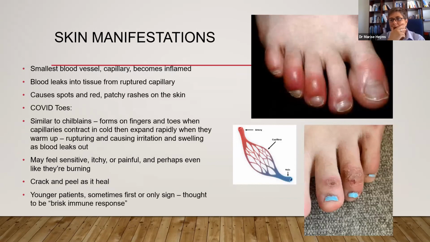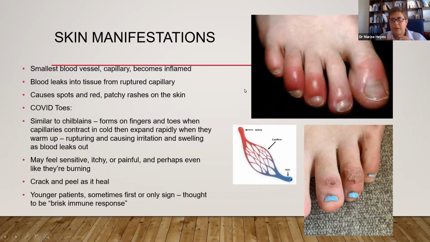This is an interesting one. Skin manifestations. A lot of people have patchy rashes on the skin, and that's to do with the capillaries. The capillaries, the smallest type of blood vessel, become inflamed and their sides burst, and the blood flows out of the capillary into the surrounding tissue, and that causes those red patches. But the specific one I want to mention is this COVID toe. So there's a picture of COVID toe, and you can see the red, patchy toes, and it's similar